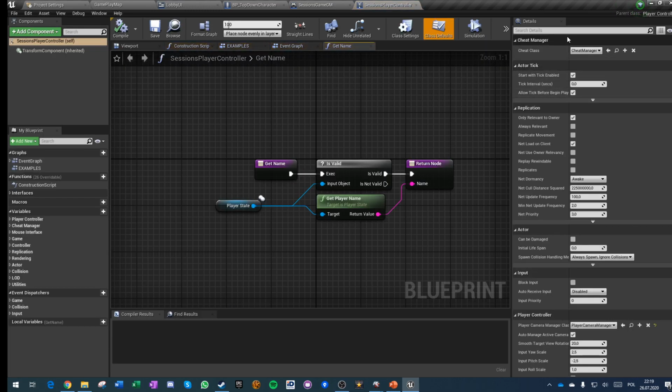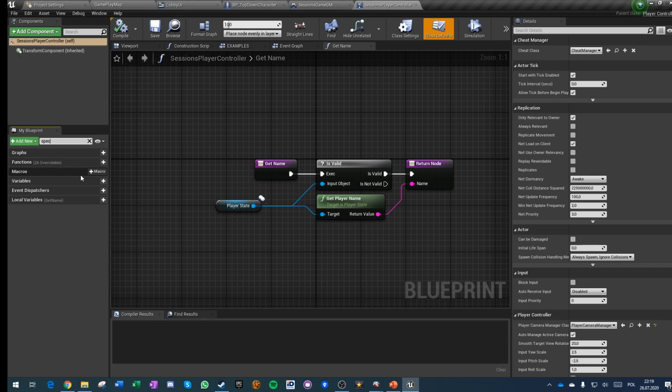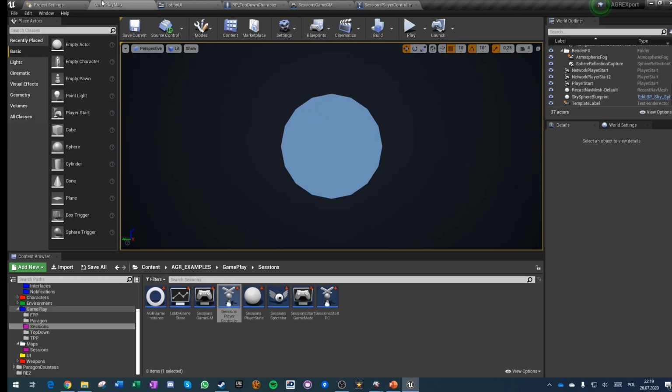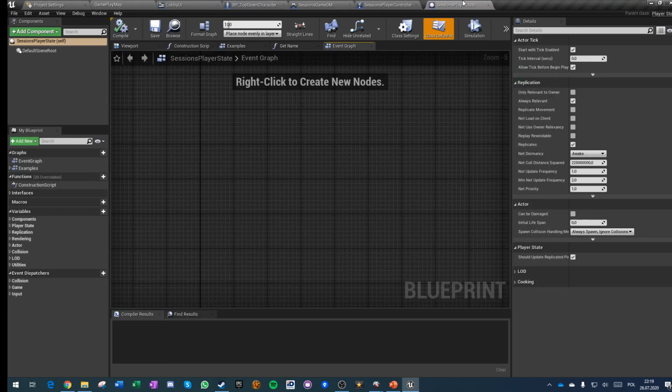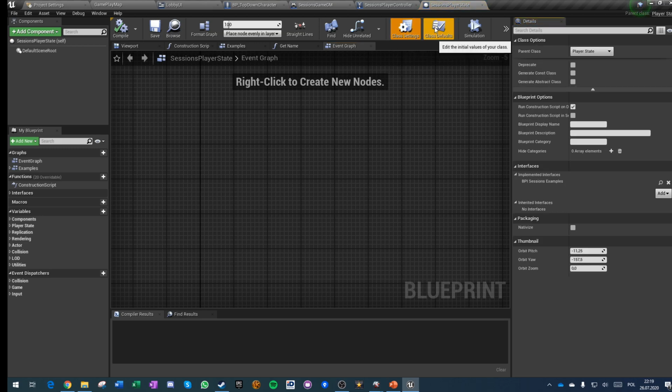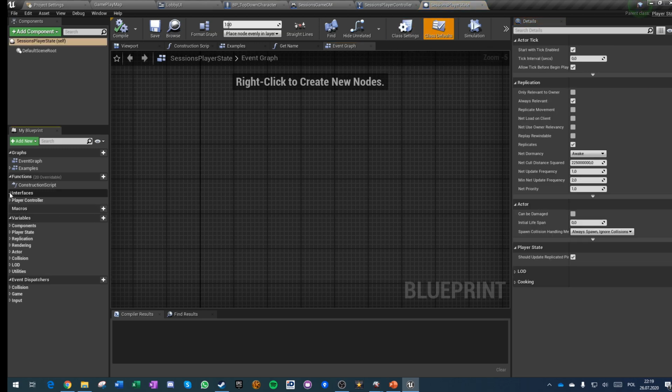Sessions player controller, I think it's spec. No. Oh no, it was in the player state. So player state is the least exposed one, the one that has the least things that you can actually do with. So variables, and we're looking for